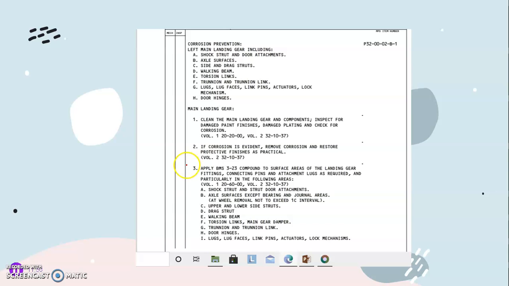The third step is different, like particularly in the following area, like a shock strut and strut door attachment, axle surface, axle bearing and journal areas, upper and lower side struts, drag strut, walking beam, torsion links, main gear damper, trunnion and trunnion link, door height, lugs, lug space, link pins, actuators, lock mechanisms.